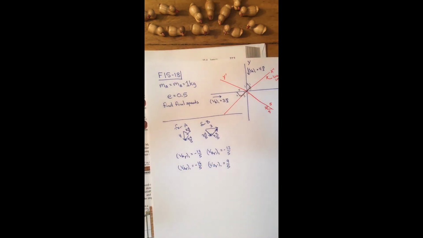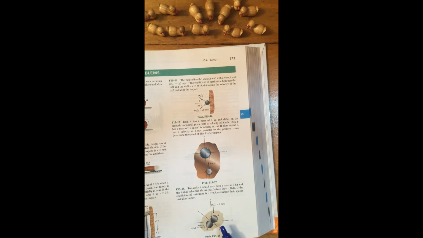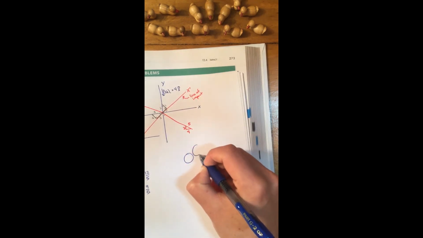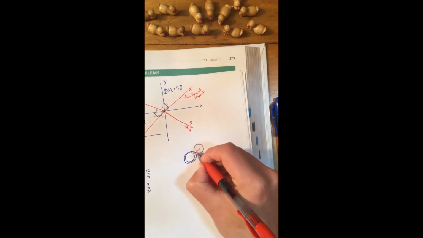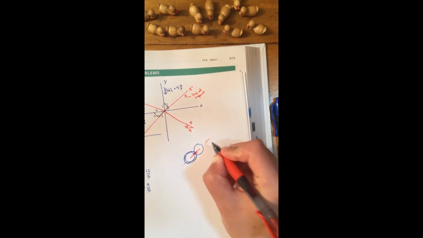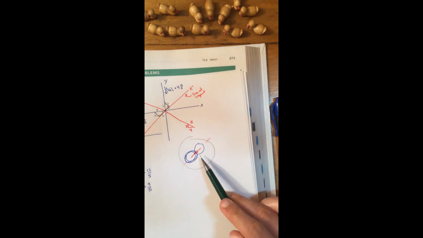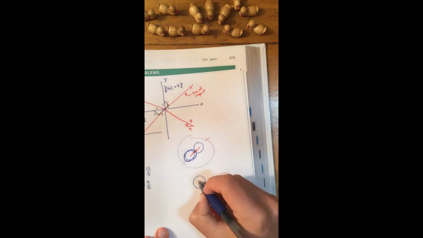And if I do it in the x prime and y prime directions, I have the two pucks here, and the normal forces are along the line of impact. So here are my two pucks, which are supposed to be touching each other. And the normal forces are like this, along the line of impact. If I look at the system as a whole, the total impulse that I have is 0. But if I look at just one puck, so this one is puck B,